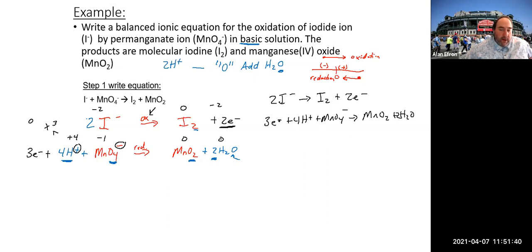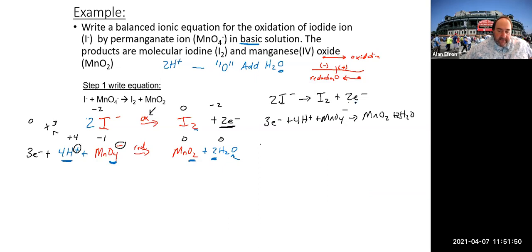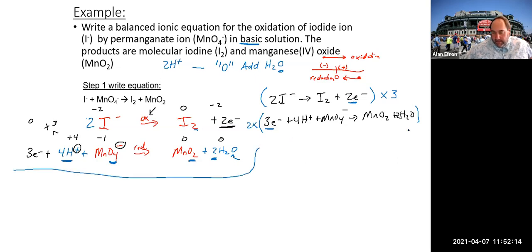All right, we want to add these back together, but as we talked about previously, before you could add them together, you do need to make sure you have the same number of electrons in each of them. Here we only have 2. Here we have 3. So we actually need to multiply the top reaction by 3. That will give us 6 electrons in the top reaction. We need to multiply the bottom reaction by 2. That will give us 6 electrons in the bottom reaction. And if I do that and just recopy,